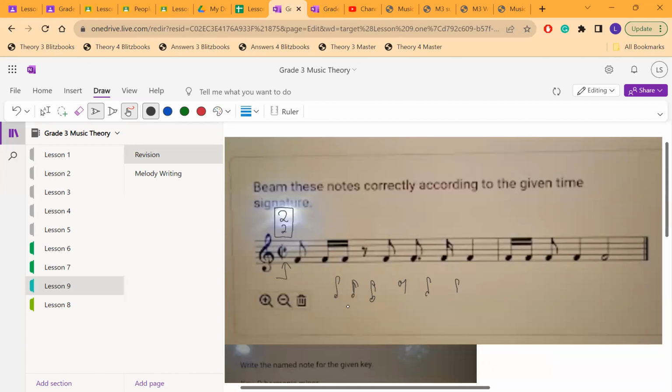Okay, so with this, 2-2 means quavers are grouped in minimum beats. So that means with this one,